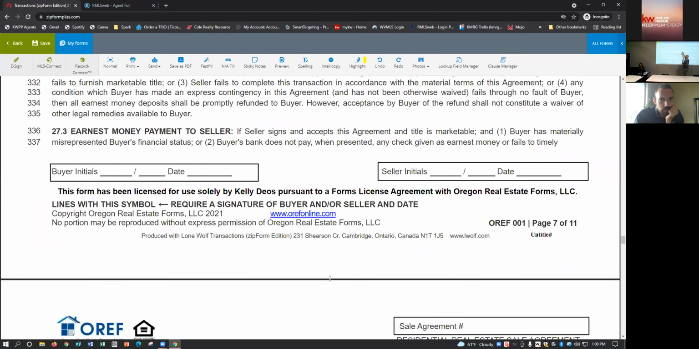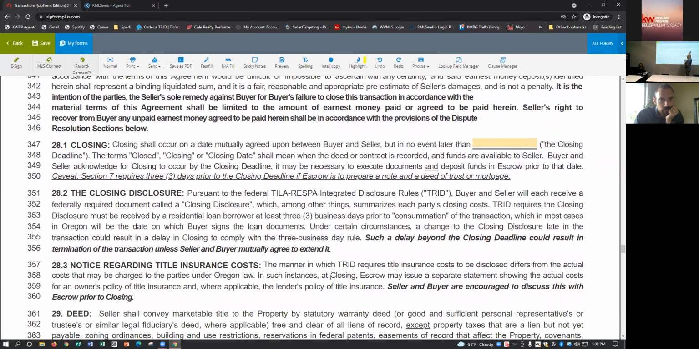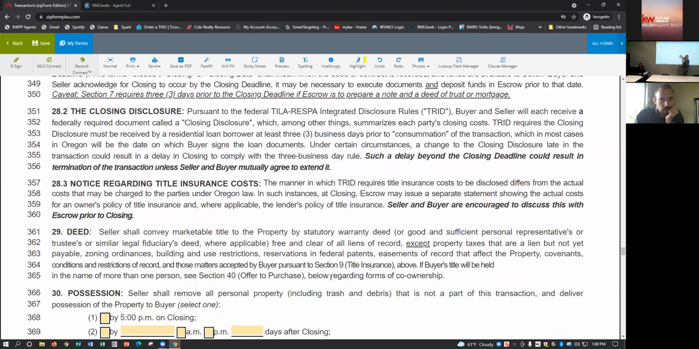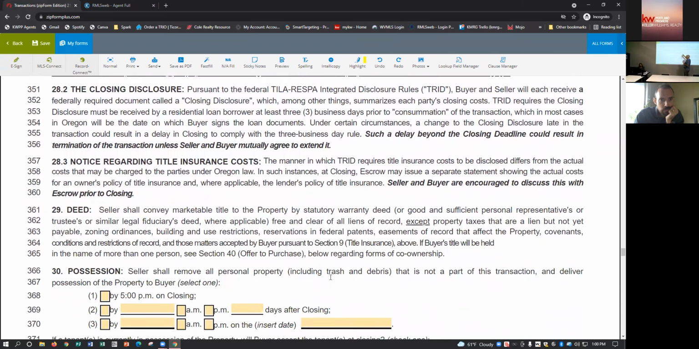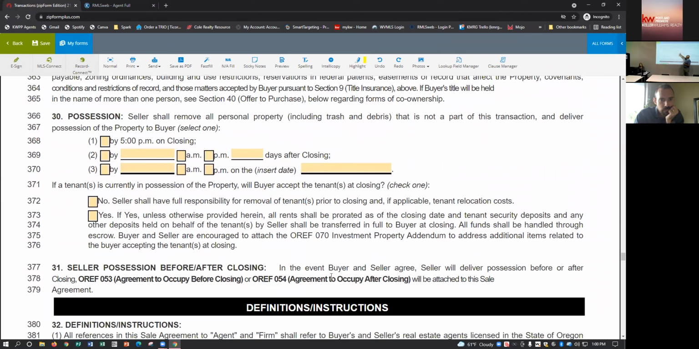This talks about breaches by this buyer and how the seller would retain the earnest money. Closing, your close date goes there. Talking about closing disclosure, keep going. Marketable deed, this means that the seller is going to deliver a title in basically your client's name. It's being marketable. Closing the possession, if it's anything but this box right here, then we're going to use an